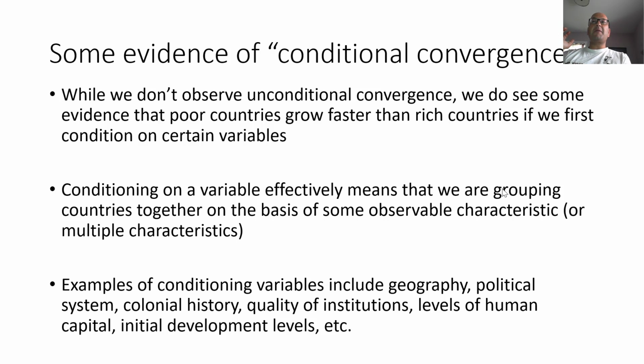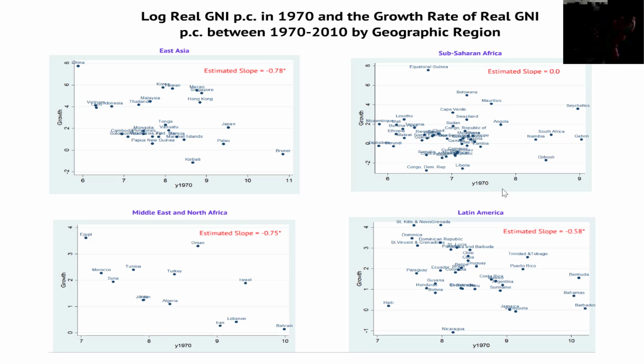You could group them by the kind of political system they have, democracies versus more authoritarian states, their colonial history, the quality of institutions, the levels of human capital, initial development levels. And you're not restricted to just conditioning on one variable. You can condition on all of them. But of course, the more variables you're conditioning on, the more hyper-specific convergence is going to be. So I went ahead and I just conditioned on geographic region. And so what we observe is that when we do condition on geography, we find some pretty decent evidence of